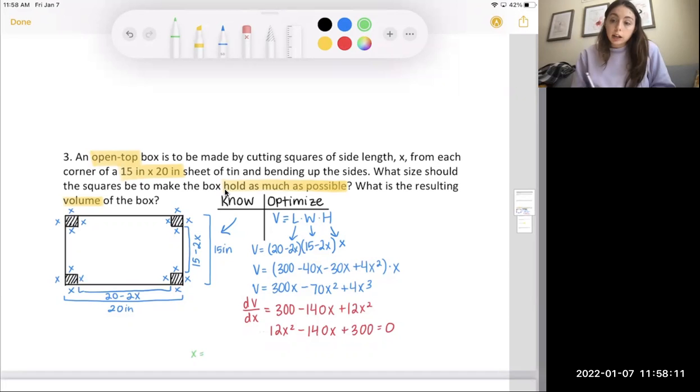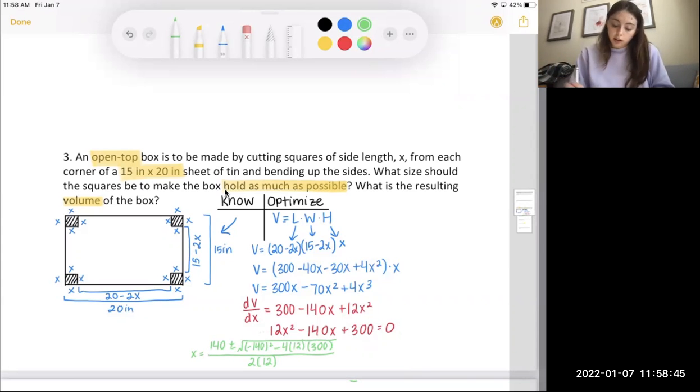You should have that memorized. So negative b, that's going to be negative 140, which is positive 140 plus or minus the square root of b squared minus 4ac, all over 2a. And in the interest of not spending too much time showing you how to put things in a calculator,